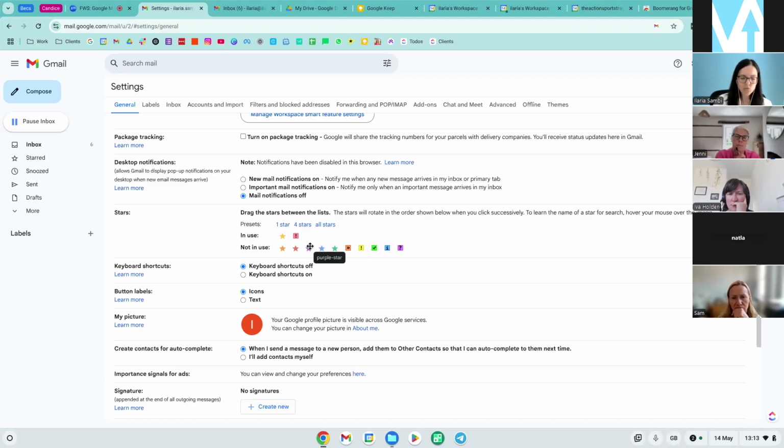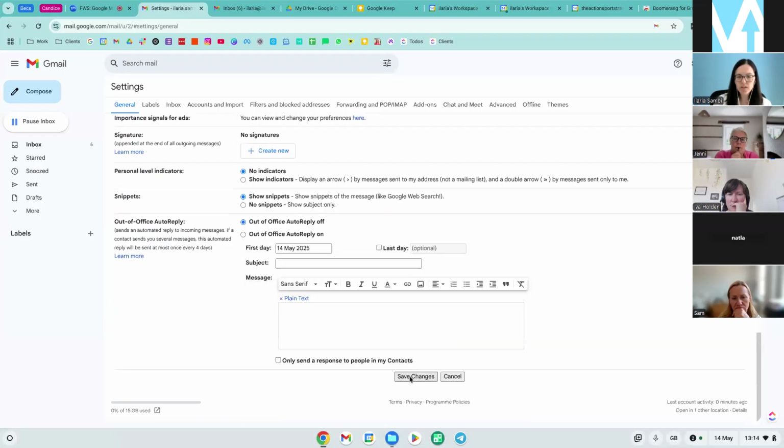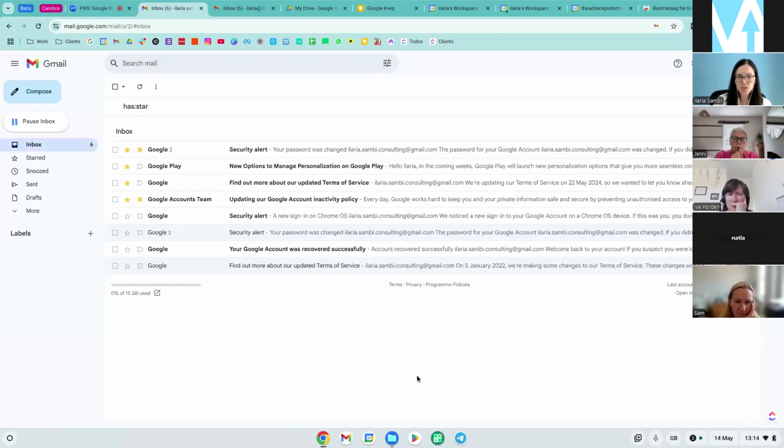And then say I want things that I'm waiting for. They can be the question mark in the purple square, which is called purple question. I'll put them out. So I want these 3 symbols. I want to be able to play with these 3 symbols in my inbox. So what you'll have to do is save changes. And now, the first thing that I'm going to show you: say I want to mark as waiting for information, this one.